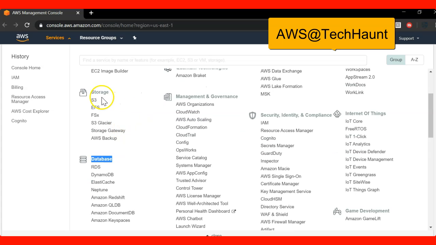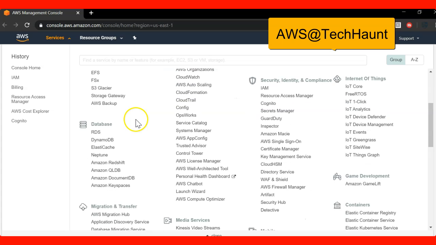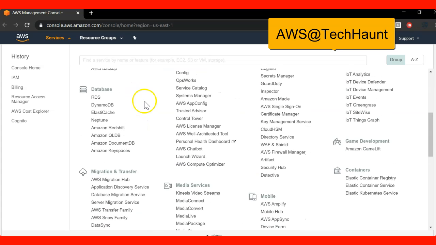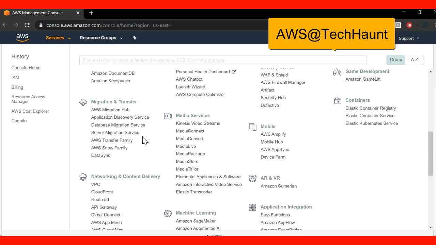Under storage we are going to cover S3, what S3 is, EFS, FSx, S3 Glacier, Storage Gateway, and how AWS Backup works. Then the database: RDS, DynamoDB, ElastiCache, Neptune, and Redshift. DocumentDB, QLDB and Keyspaces we are not going to touch in this video and in this course. Then